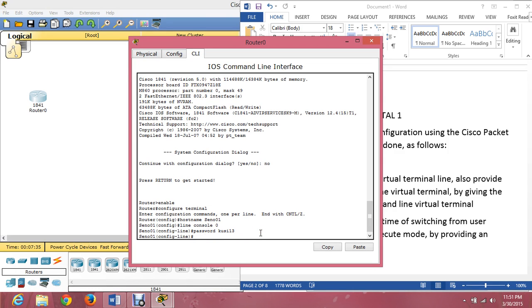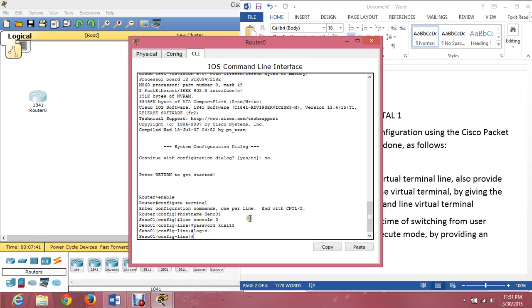And to activate the password, just type login and enter. Great guys, we have line console 0 and the password of the line console is Kusi13.